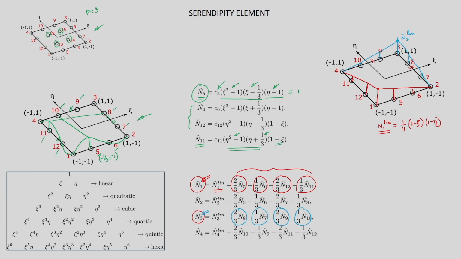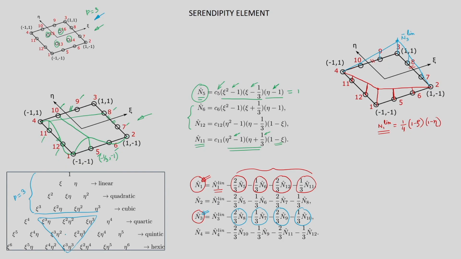Now, for p equal to 3, if we look at the original element, the tensor product family of shape functions, there we had all the cubic terms up to p equal to 3, and in addition we had 6 more terms. So, above the completeness requirement we had 6 more terms in the original element that we derived from the tensor product family of shape functions.